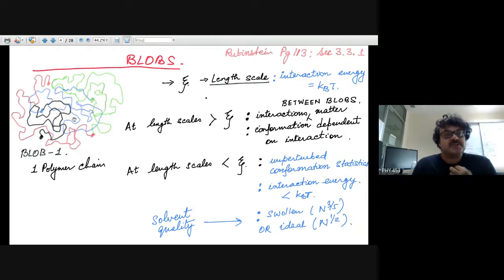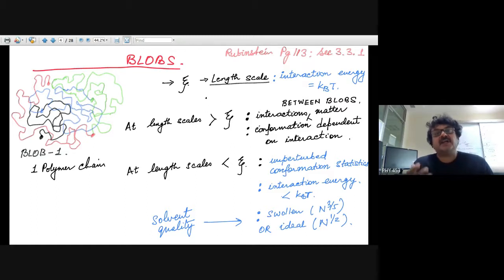And that is true for the blue one also. For a large region, for a small length scale, the monomers of the blue polymer, if at all they are coming in contact with other monomers, are seeing monomers of the same blue polymer. But if you go above a certain length scale zeta, then it gets to meet monomers from other polymers, say this green one and the black one, and so on and so forth. So the message is, zeta is a length scale